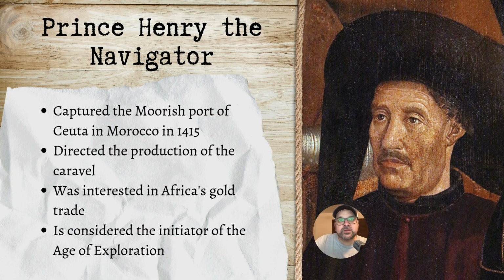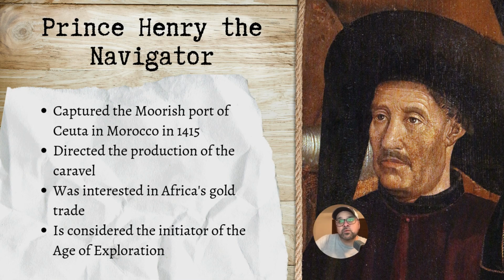It's also called the Age of Discovery because really it's when Europe sort of discovered new things, and then of course the rest of the world will discover things along with Europeans as well. But Henry is credited with the direction of developing the Portuguese caravel, which is the lightweight ship that we talked about in 4.1, which used the lateen sails. It's, of course, the small, quick, highly maneuverable ship that kick-started explorations for the Portuguese.